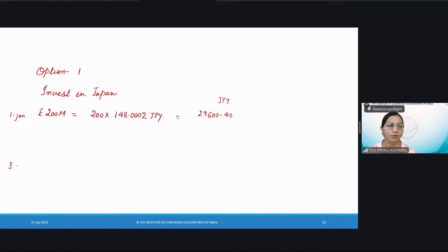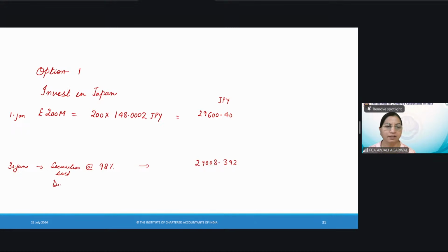On 30th June, when you sell these investments on 29th and receive the proceeds after 1 day, T+1, transaction date plus 1 day for settlement, your securities will sell at 98%. So they will fetch you 29,008.392. You also had received